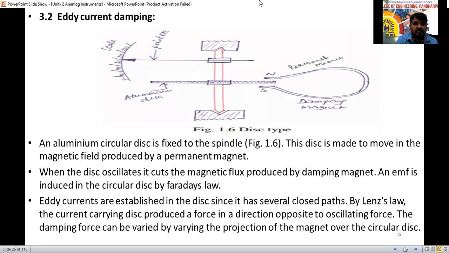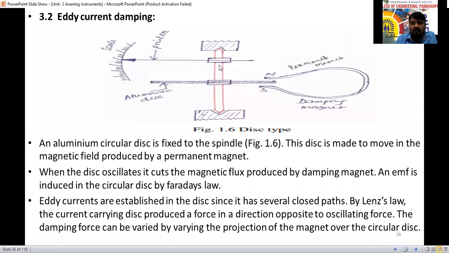Complete theory part. If two magnetic poles are there, in between these two there is a gap. In that gap, will the magnetic field be there or not? That one I am asking. Yes, sir. So here, north and south pole, in between these the magnetic field is there. So in that magnetic field, we have provided the aluminum disc here. The aluminum disc is nothing but core only here.